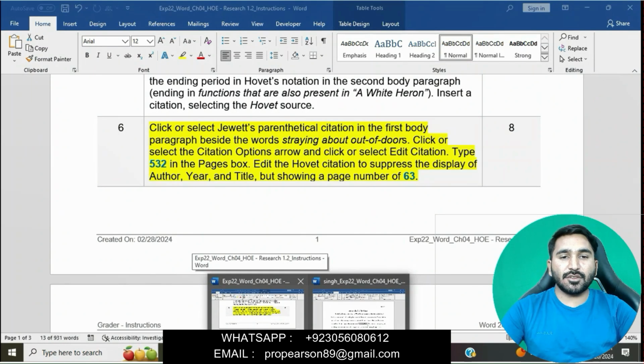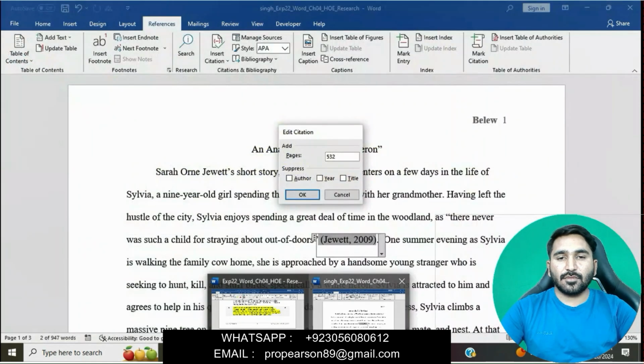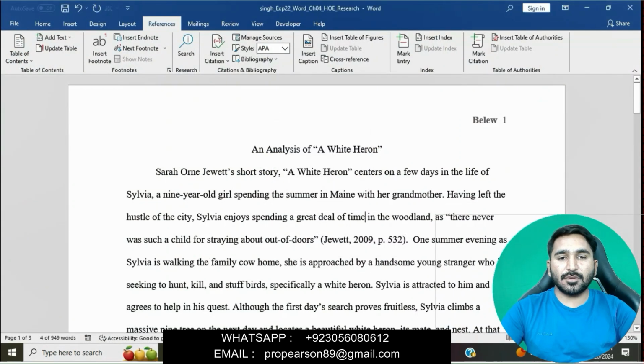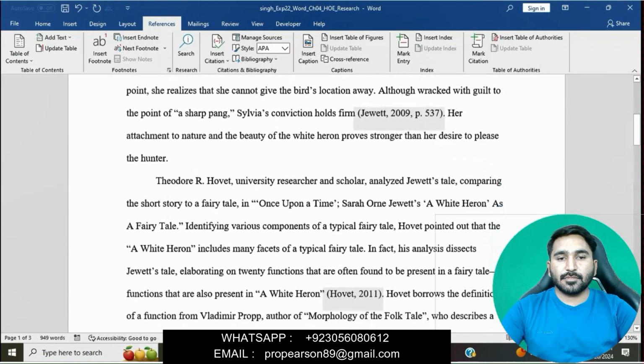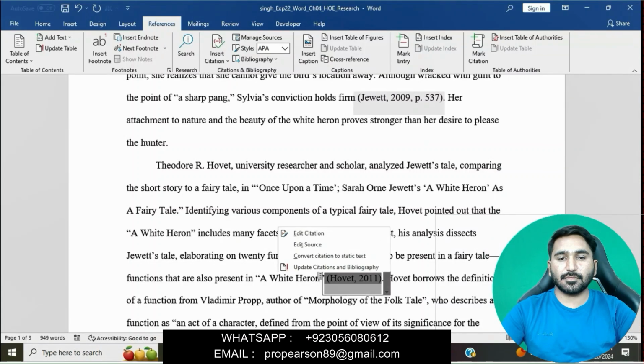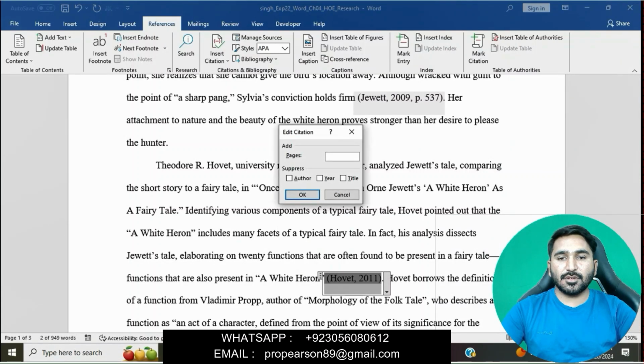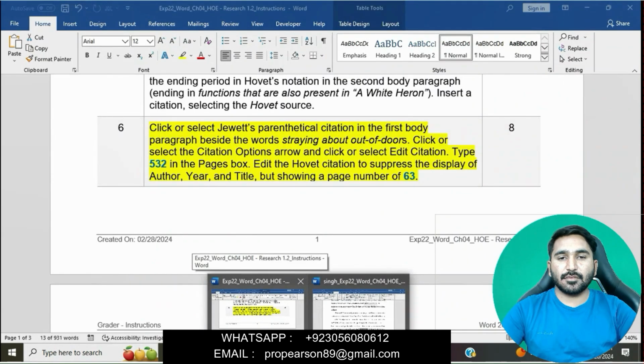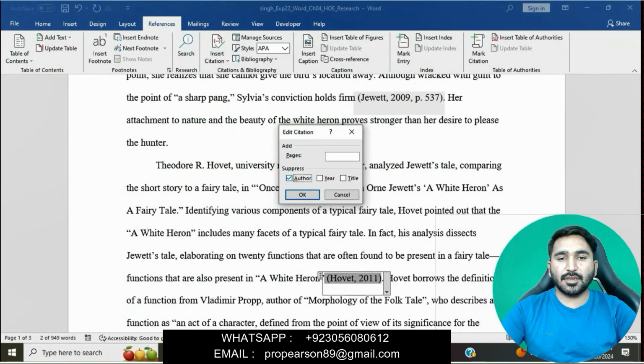Edit the Hobbit citation to suppress the display of author, year and title but showing a page number of 63. Click on the author box, then tab to pages and enter 63, and then click on OK.